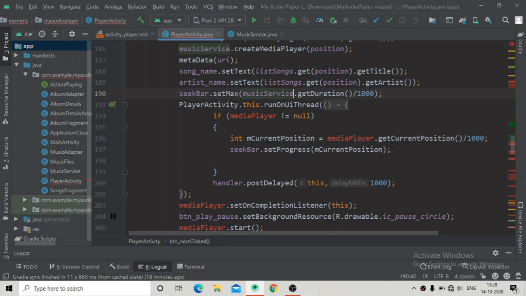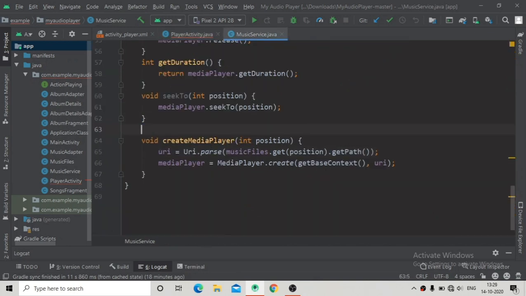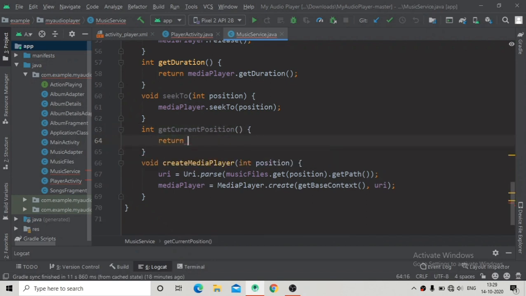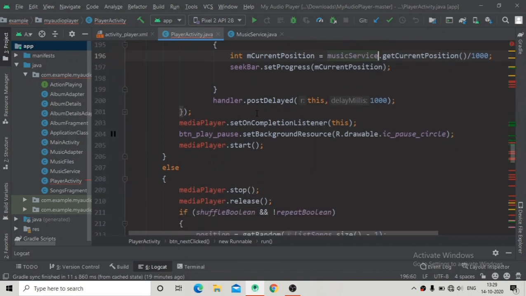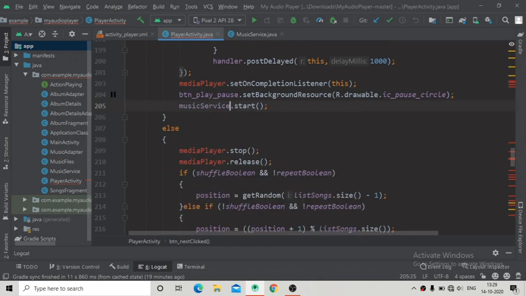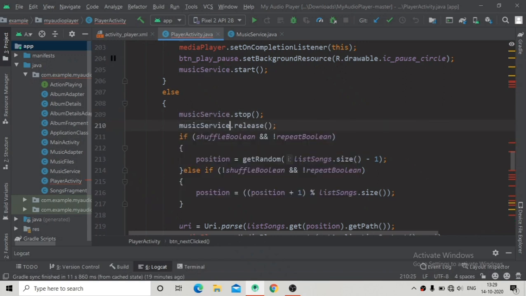So just change it to musicService.getDuration, since we have already created the method, and we also have to create this method, get current file position. So it will return an int variable, getCurrentPosition, and here we will return mediaPlayer.getCurrentPosition, and now we can call this method over here. So just write musicService.getCurrentPosition, and also change this to musicService.start, and change this one to music service also,